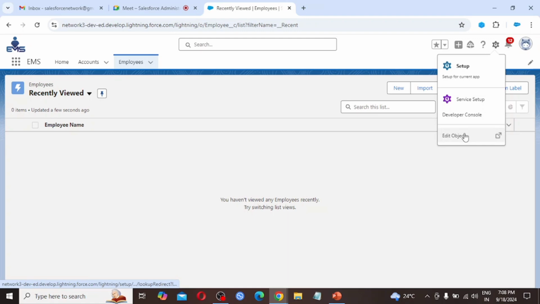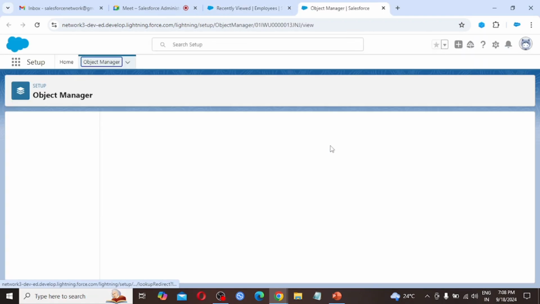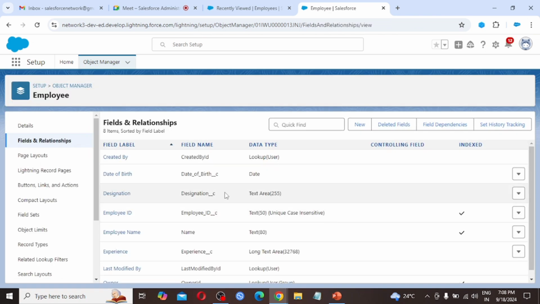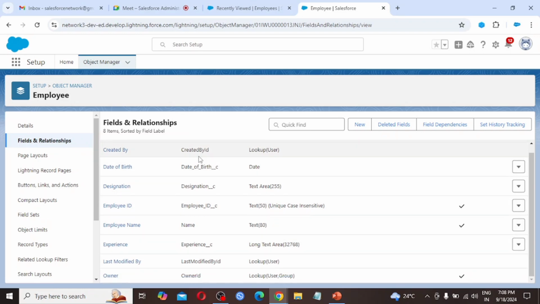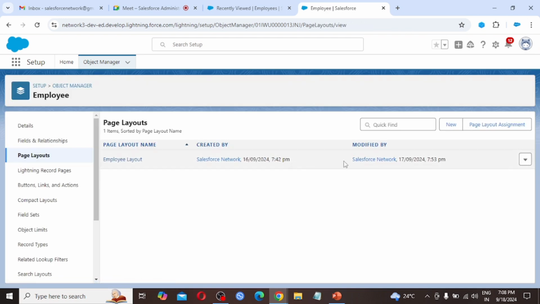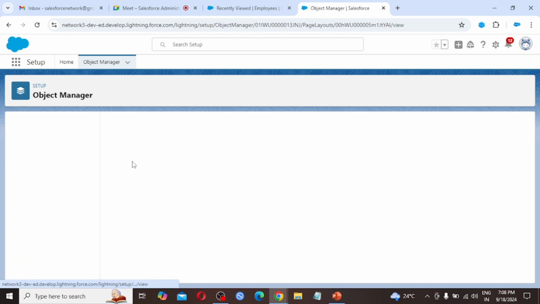Just click on setup, edit object. Why are these fields not available? So click on fields. This employee object has these custom fields like date of birth, designation, employee ID, experience, and some of the standard fields also. Coming to page layout, click on this employee layout.